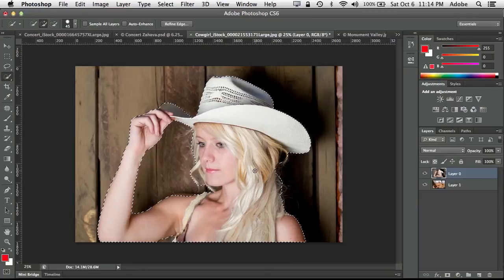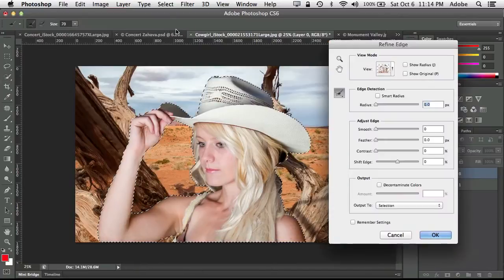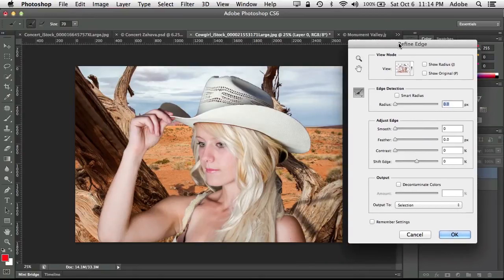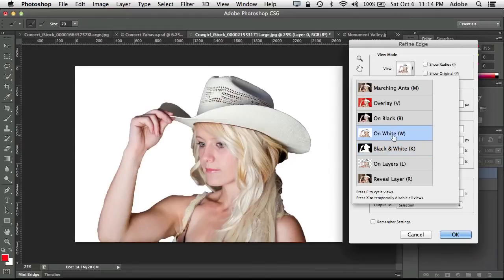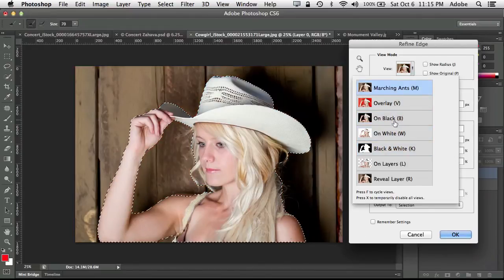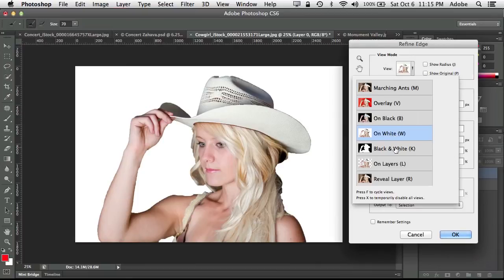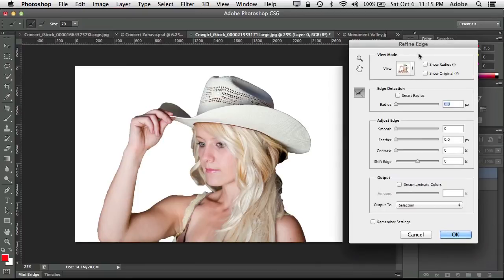So same thing, refine edge. When we do refine edge, that shows us what we've got so far. Again, we can put this on anything we want. We can see it on the mask. We can see it on black and white, black or white, I should say. Overlay, marching ants, whatever you want. Now, I'm going to keep it on white just for a moment here. We're going to see,